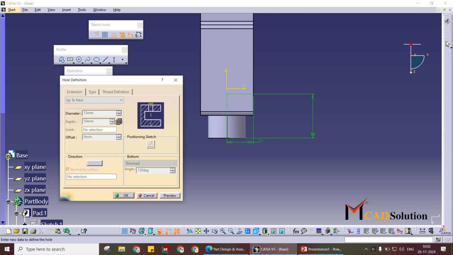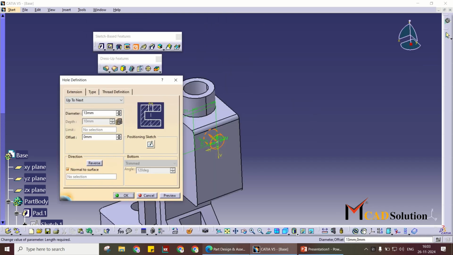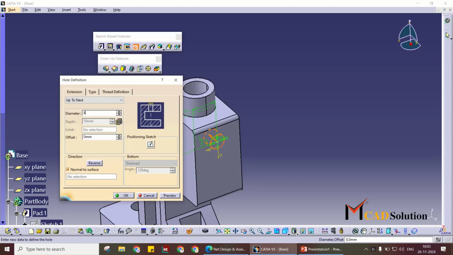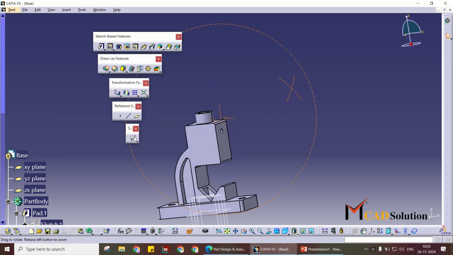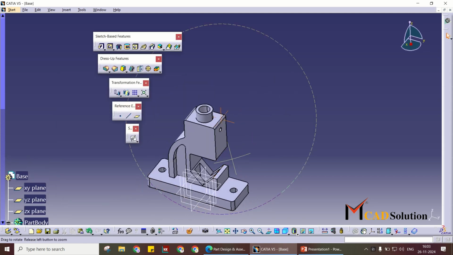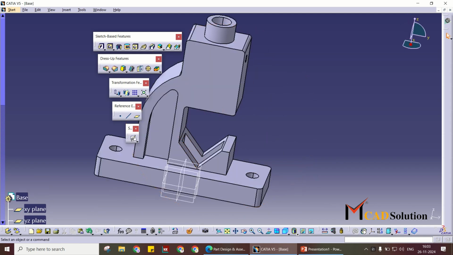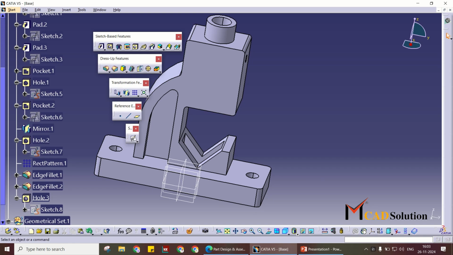Exit from workbench, diameter given is 8 up to last. Okay, base part is created. By using these commands and two planes.